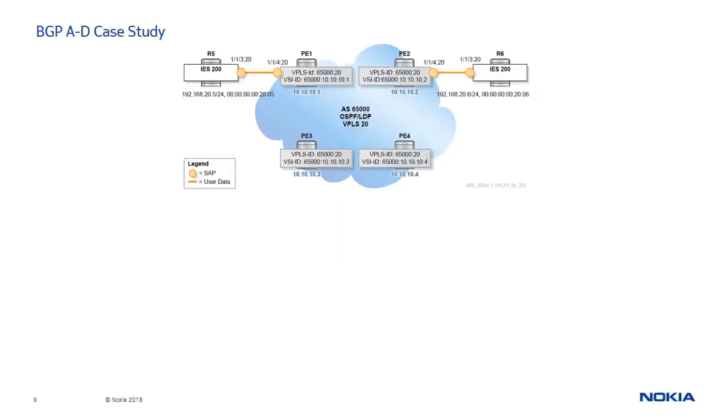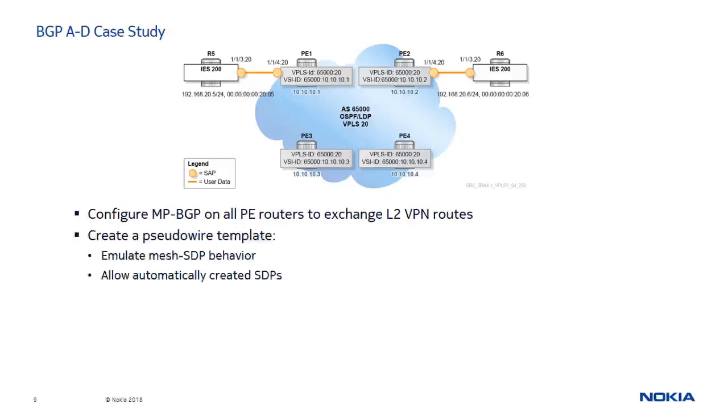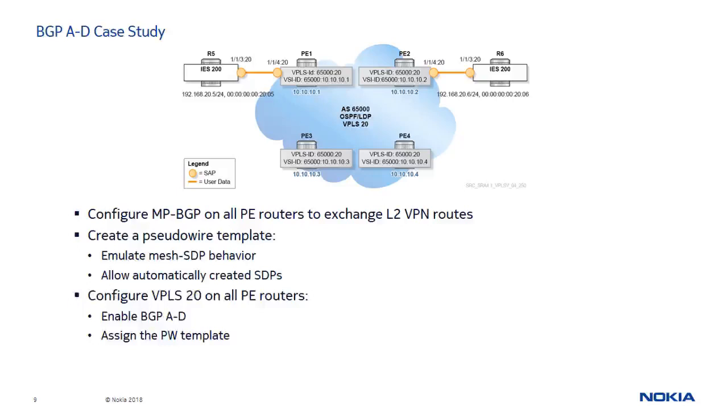Next, we will move to our lab environment to complete this case study. First, we will configure MPBGP on all PE routers to allow the exchange of Layer 2 VPN routes. Next, we will create a Pseudowire template to emulate the mesh SDP behavior and bind the VPLS to automatically created SDPs. Then, we will configure VPLS 20 on all PEs, making sure to enable BGP AD and assign the provisioned